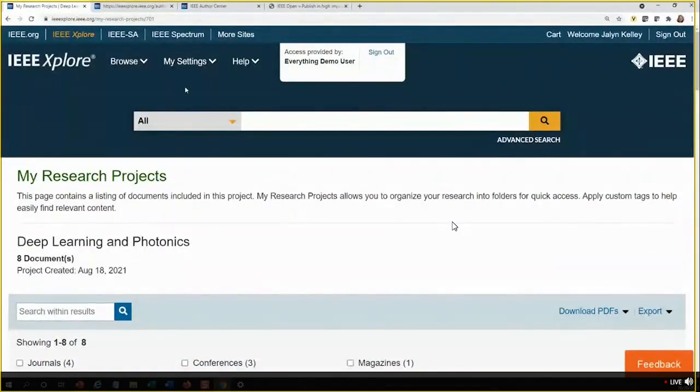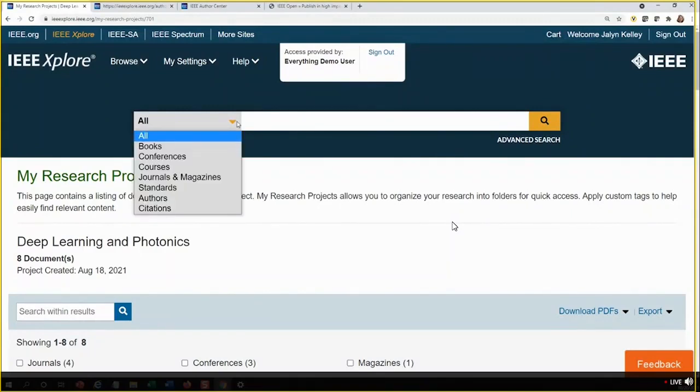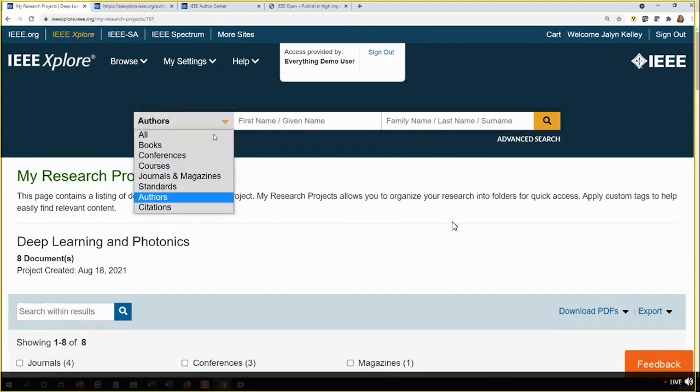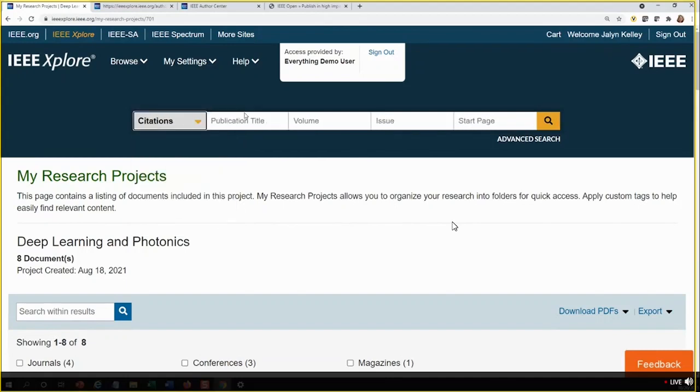So up at the top of the page is that global search bar again. It follows you around throughout the site, so you can always start a new search from wherever you are. The default is to search across all of the content in Explore, but you can use the drop-down menu to search within a particular content type. You can also do an author search from here, or you can do a citation search, which is basically a